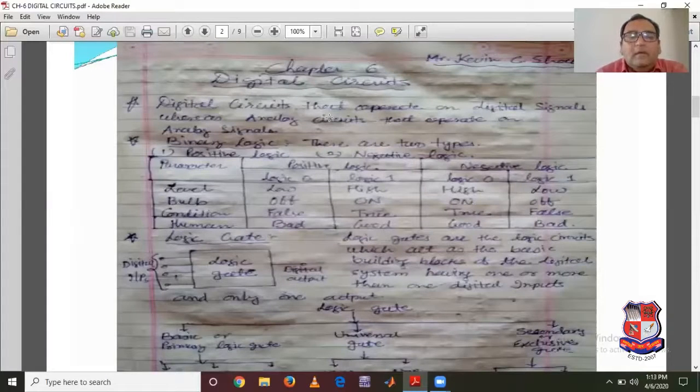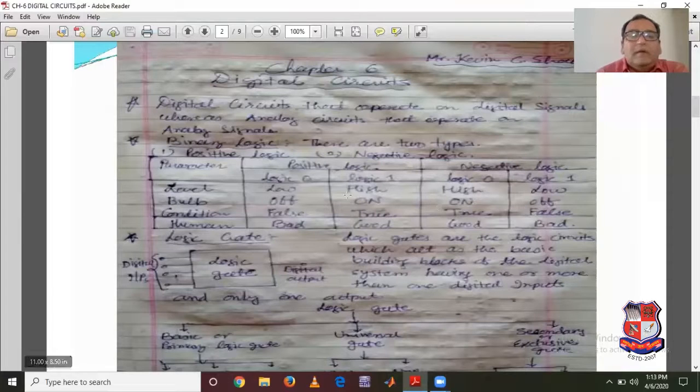In previous chapters, we have studied different analog circuits, where we have studied sinusoidal signals and all these things. Those are analog signals. An analog signal is nothing but, as time varies, the value of the signal varies. But in a digital circuit, a discrete value is available. For a particular time, it has a particular constant value, either 0 or 1. So in digital circuits, we are using digital inputs.